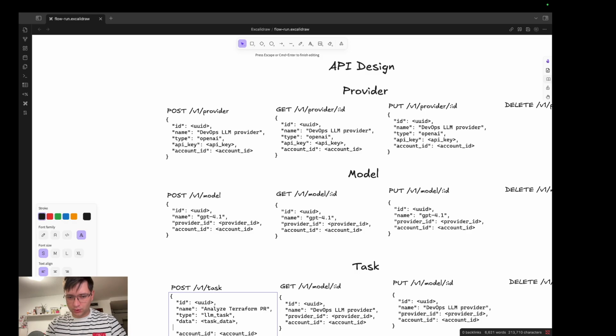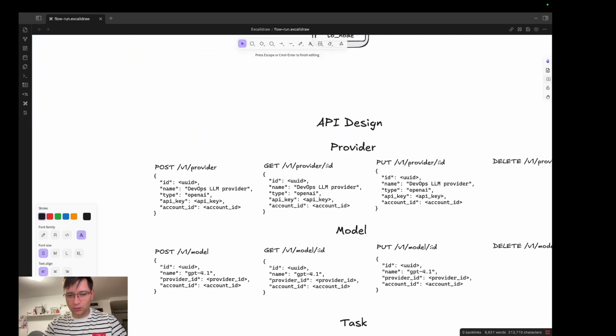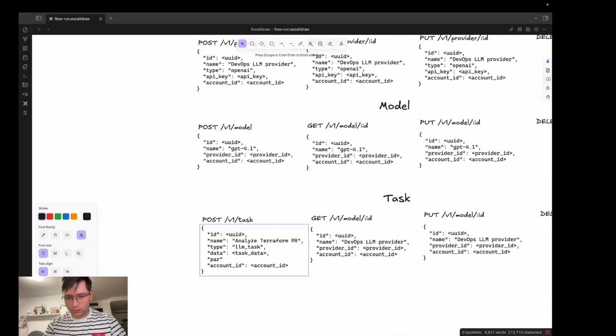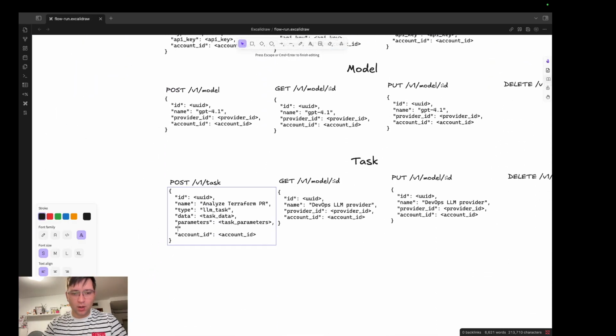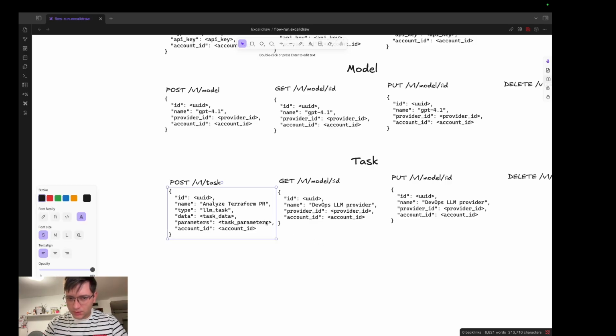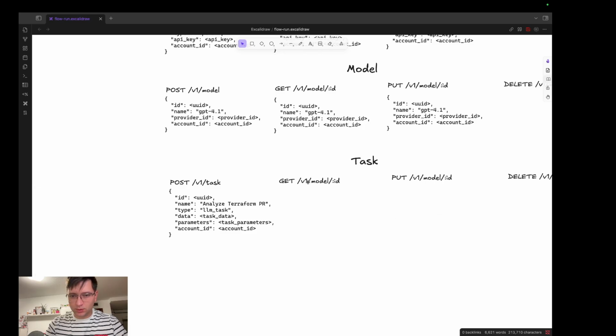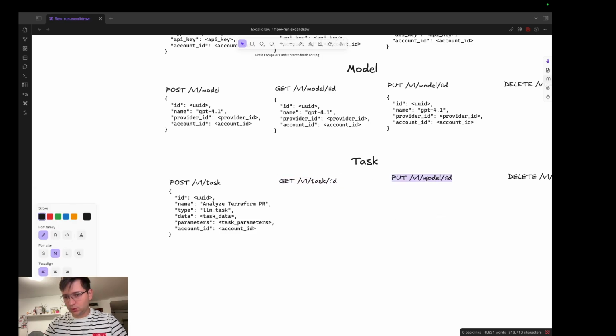It's an embedded JSON field, which will be specific for task type, parameters the same. It will be a JSON schema embedded field, which will represent what parameters the task will accept. Account ID will be the same. So let's delete this. We will have task,